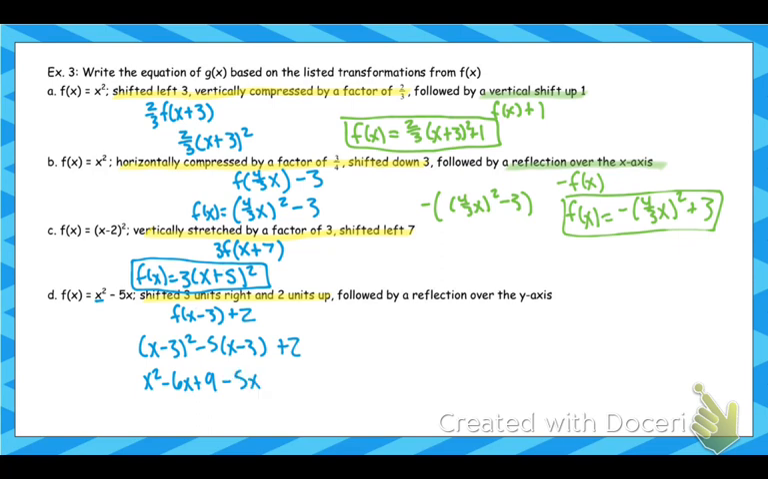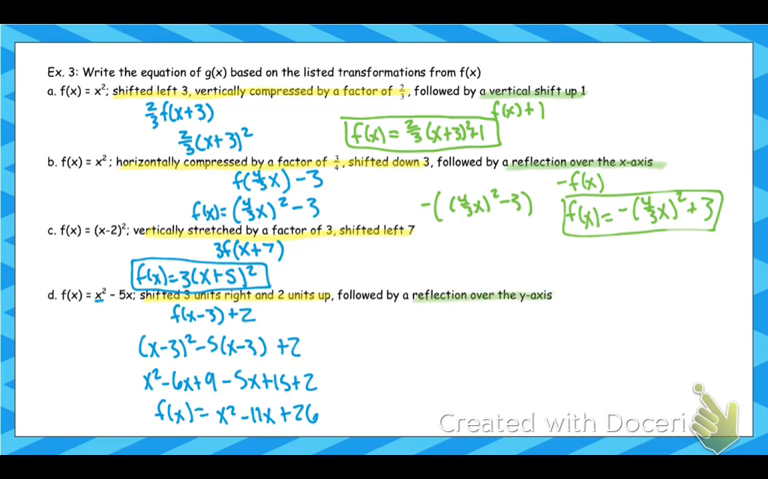That becomes minus 5x plus 15 plus 2. So this simplifies to x squared minus 11x and then plus 26. So that takes care of the shift right 3 and up 2. Well then, after we did all that math, we're going to reflect